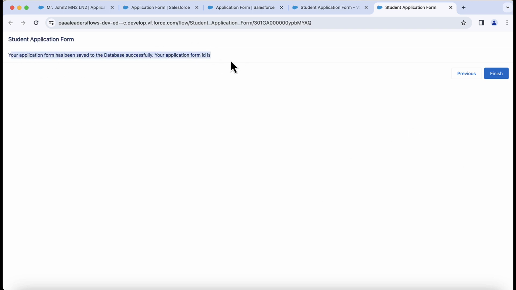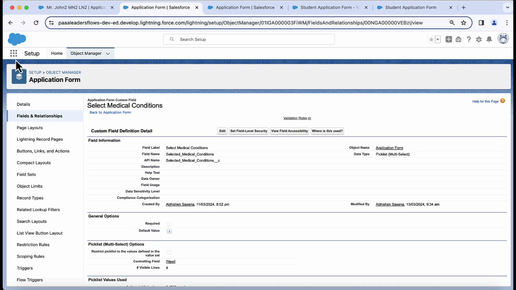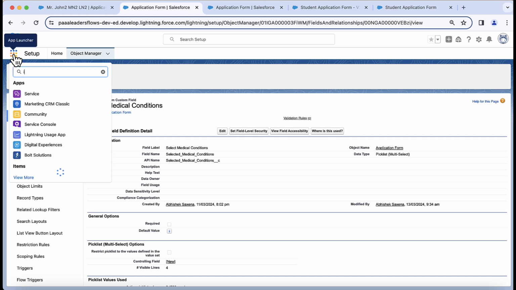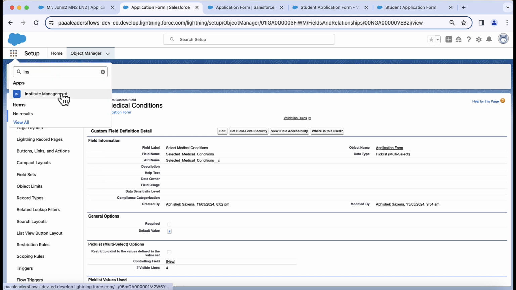Your application form ID is... okay, it has not given me the ID because I think we haven't configured it in the right way. So we will do that. Meanwhile, what we will do is go back to the object manager and look for our app, which is institute management. And here